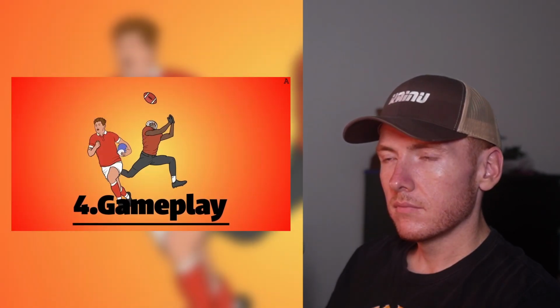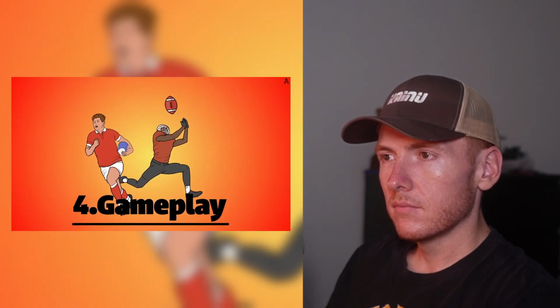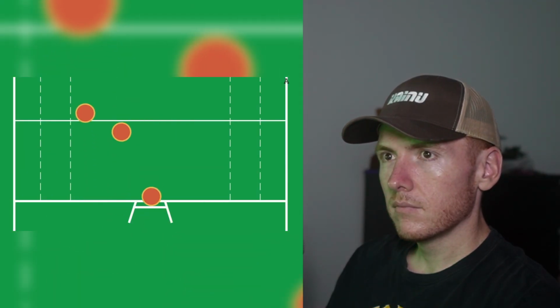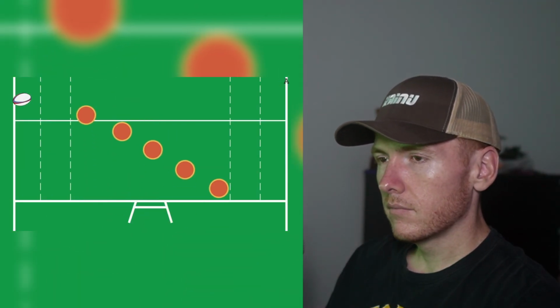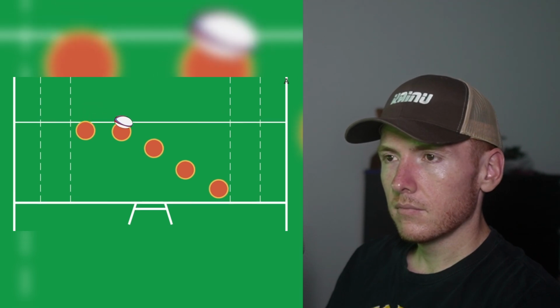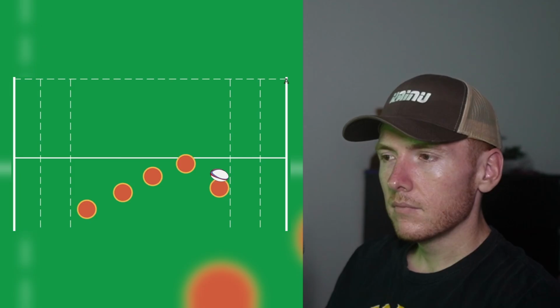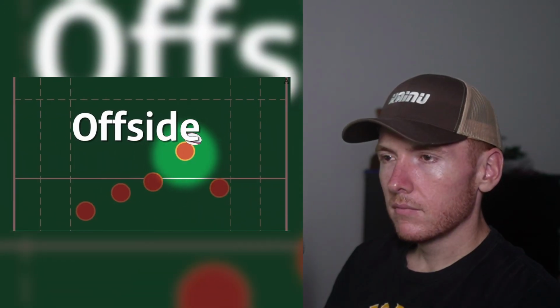Now, gaining territory is crucial in both sports, but the way that you do this differs massively. The first and arguably most important difference between the two sports is that in rugby, passes made with the hand must go backwards. This is why players who aren't in possession will be situated behind the ball carrier, with anyone in front of them considered offside.